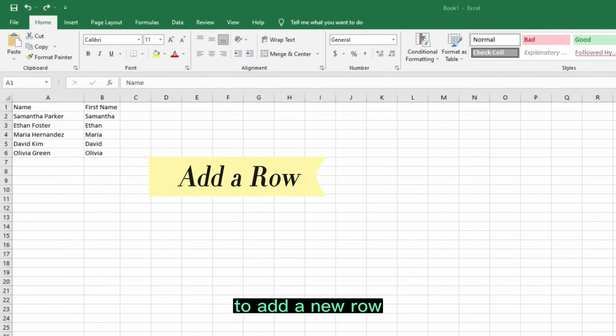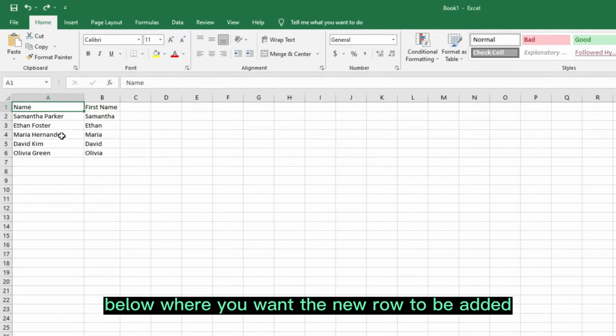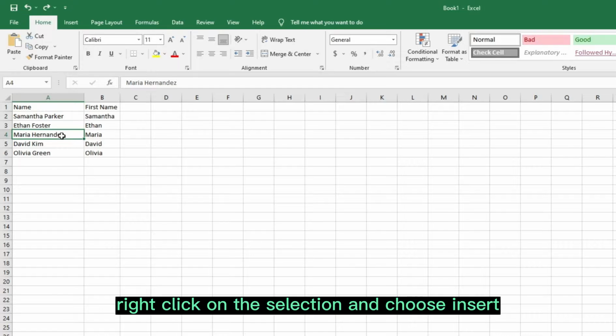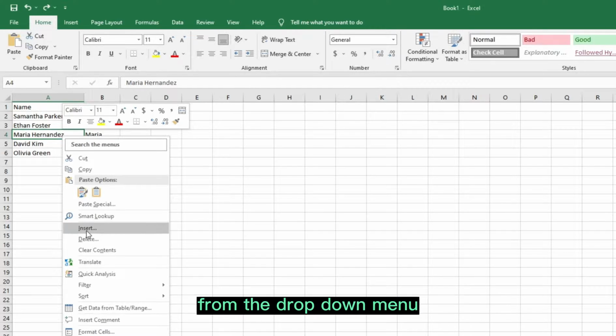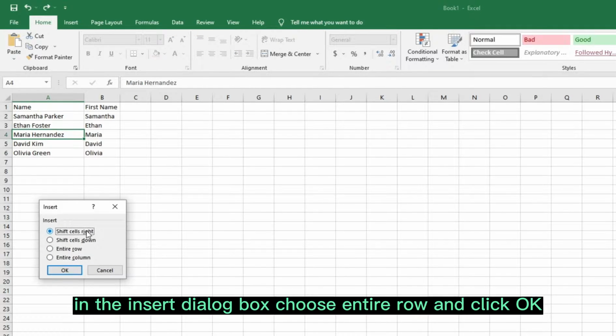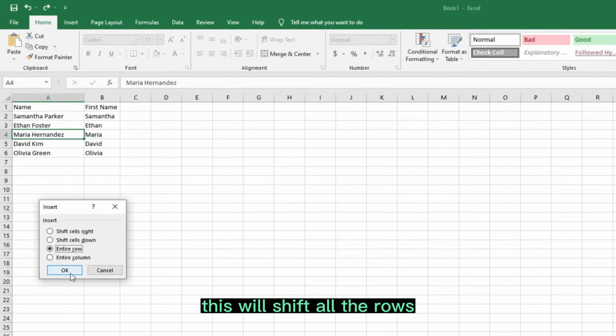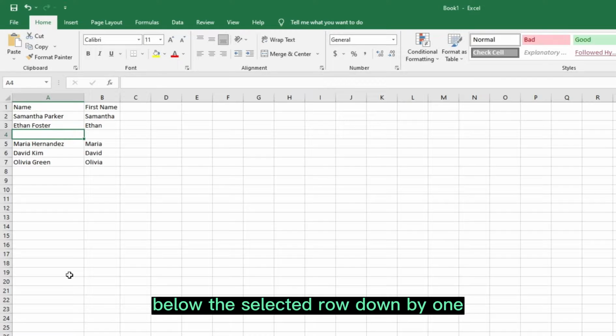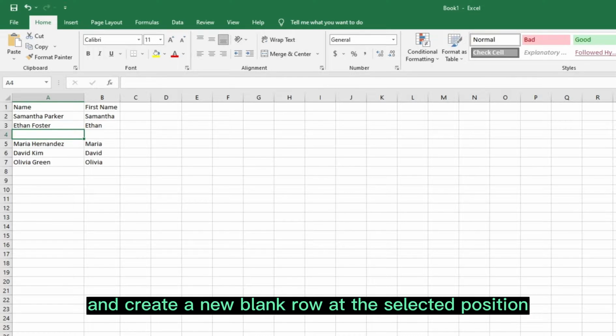To add a new row, select the row below where you want the new row to be added. Right-click on the selection, and choose Insert from the drop-down menu. In the Insert dialog box, choose Entire Row and click OK. This will shift all the rows below the selected row down by one and create a new blank row at